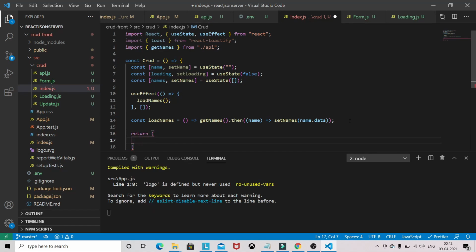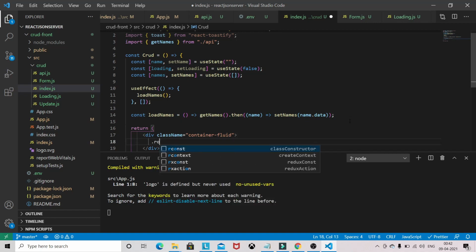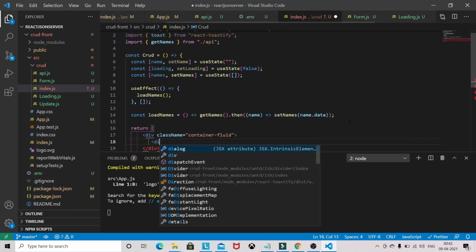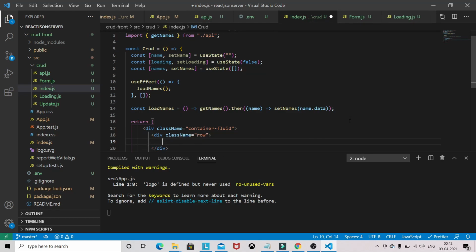So in the return, let's write some code here as well. Shortcut is not working. And we need a div, className col-md-8.